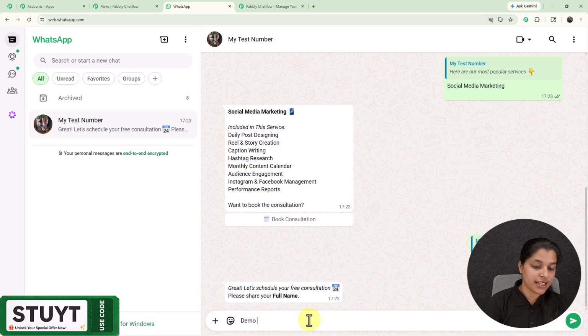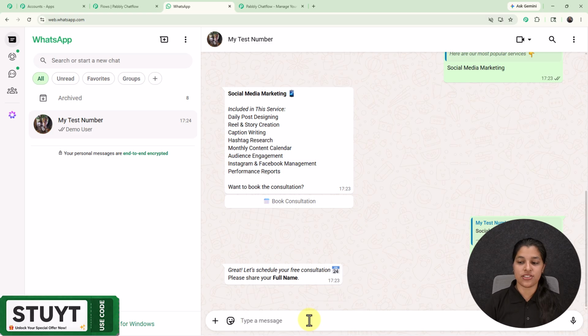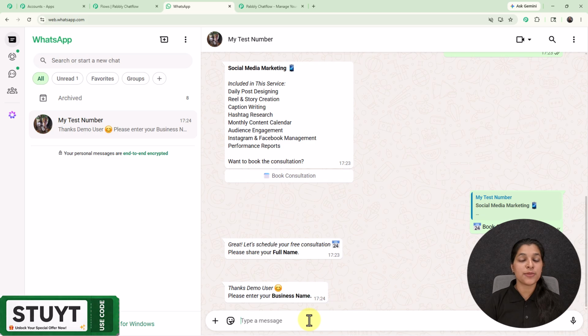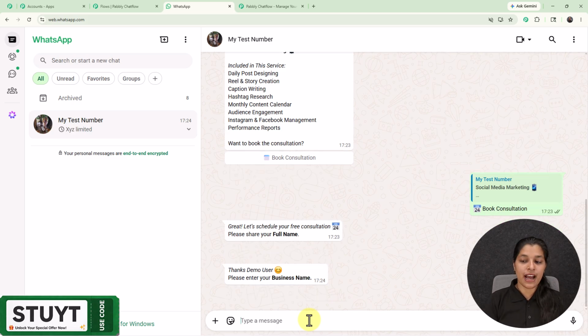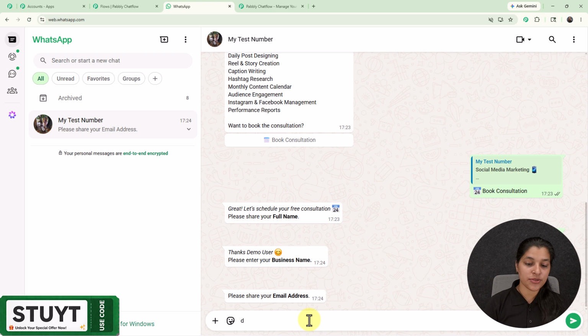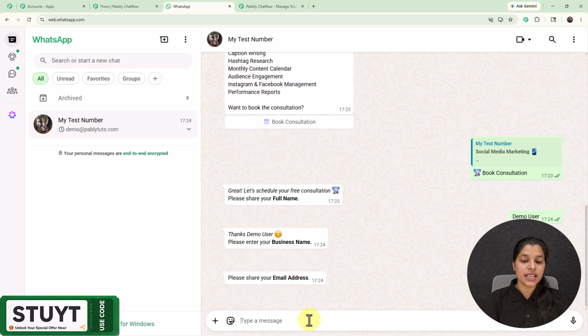So now let me just type it, and here I'm going to just enter it, and as I have provided my full name I'm getting a message which is asking me to enter my business name. So here I'm going to enter my business name as XYZ Limited. So here I have provided my business name as well, and as I have provided my business name I'm getting a message which is asking me to enter my email address. So here I'm going to enter my email address as demo@pabblytudes.com. So here I'm going to just provide this email address, and as I have provided my email address I'm